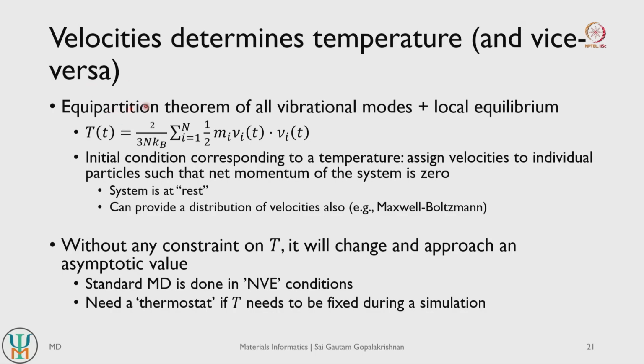right. So with the equipartition theorem we can basically state that your temperature, so you can write this as 3/2 N k_B T, is basically your sum of 1/2 m v squared, right. So the cumulative kinetic energy of all the particles in your system is related to the temperature of your system at a given time step t, right. N is the number of particles and k_B is the Boltzmann constant. So this is your statement of the equipartition theorem.